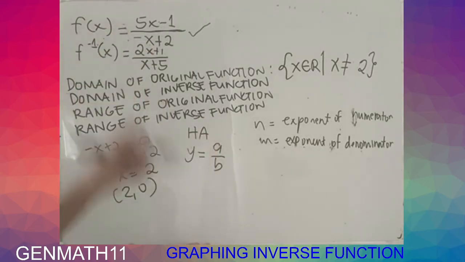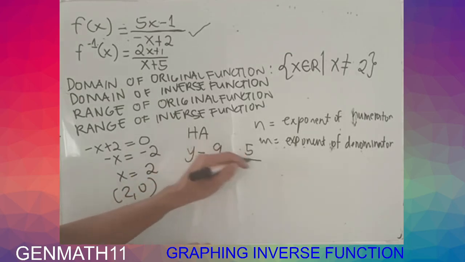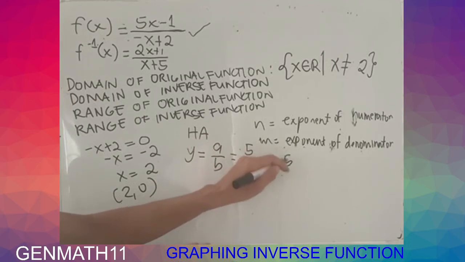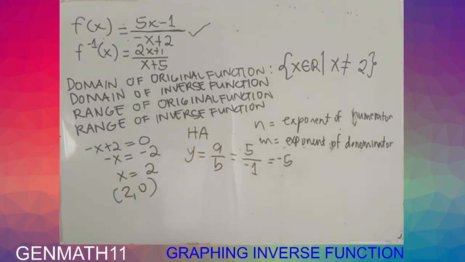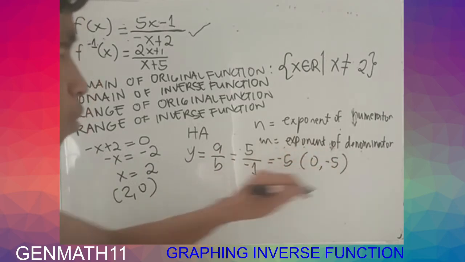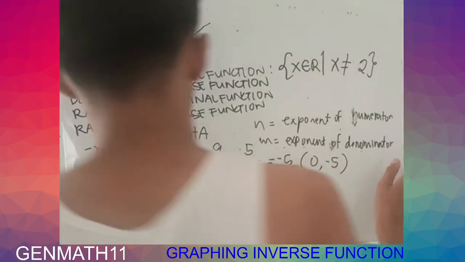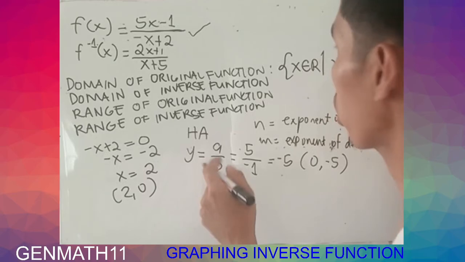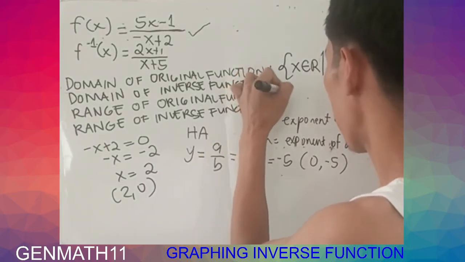Our a is 5, and the letter b is negative 1. So, 5 divided by negative 1 is negative 5. So, 0, negative 5. Therefore, the range of the original function will be f of x